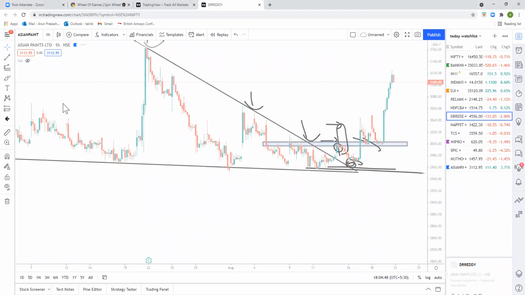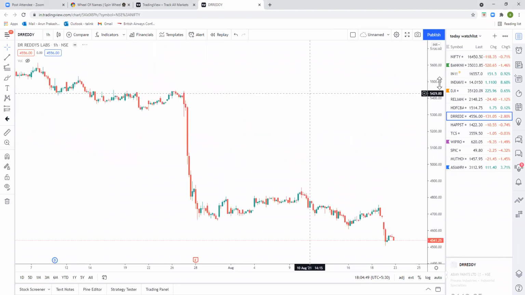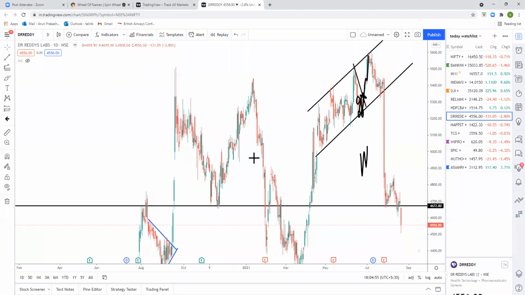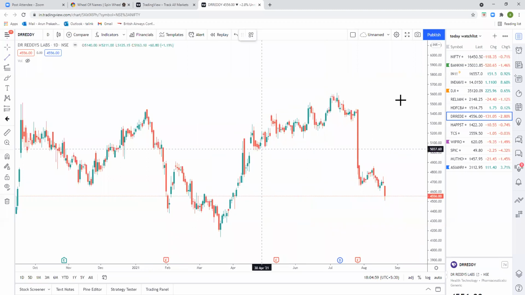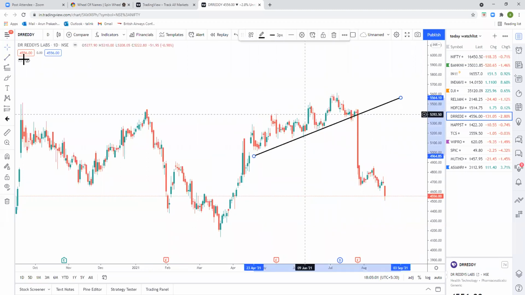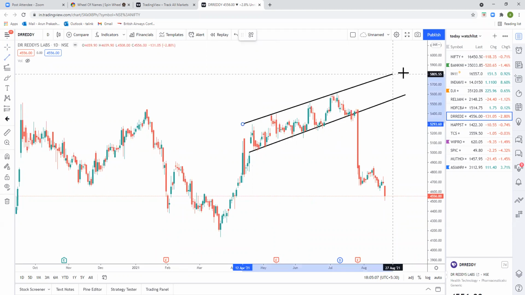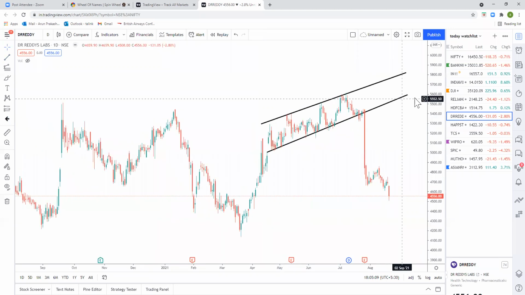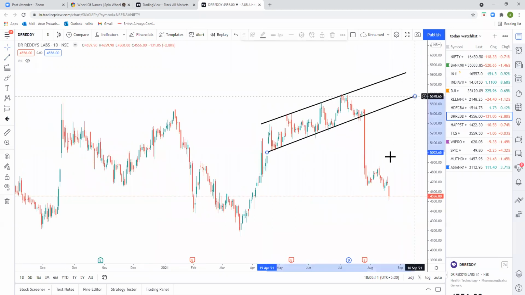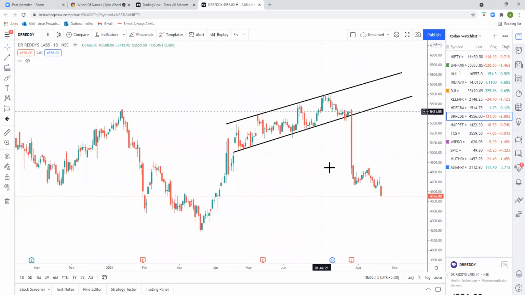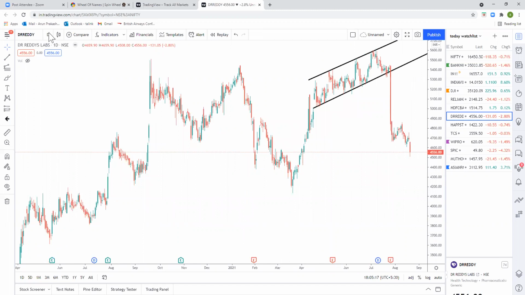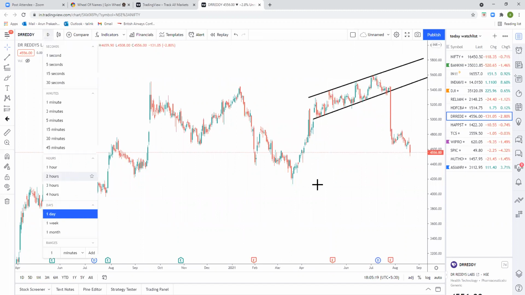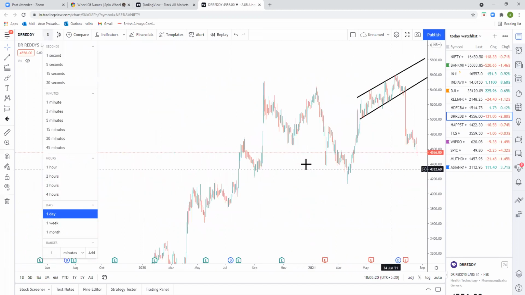So I have drawn this pattern in the daily time frame in Dr. Reddy. So this is the pattern which I have drawn in the daily time frame. Now, to do a multi-time frame analysis, let me go into a 1 hour. In daily, the stock is